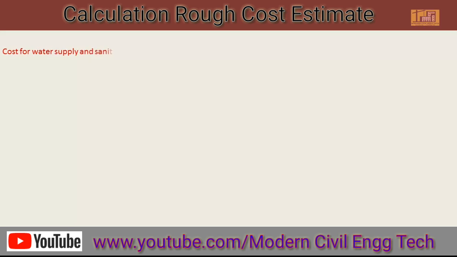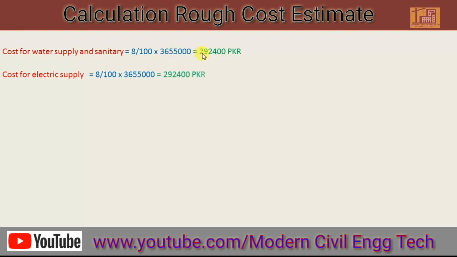Now we can calculate cost of water supply and sanitary. So cost of water supply is 8%. Now 8% will be multiplied by the total cost. So 8 divided by 100 multiplied by the total cost of construction. So the answer will be 2,92,400. And the second, cost of electric supply 8%. 8% will be multiplied by total cost of construction. So the answer will be